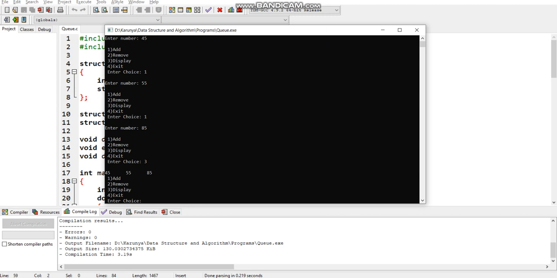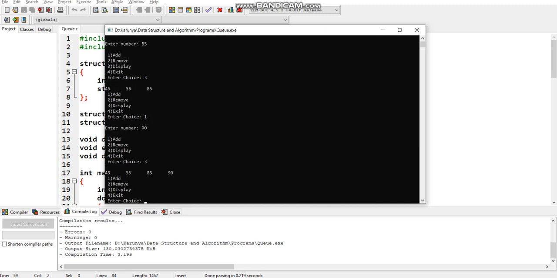So it is inserting from last to first. I have entered 45, then it goes in line: 45, 55, 85. Again I am adding an element and displaying that.